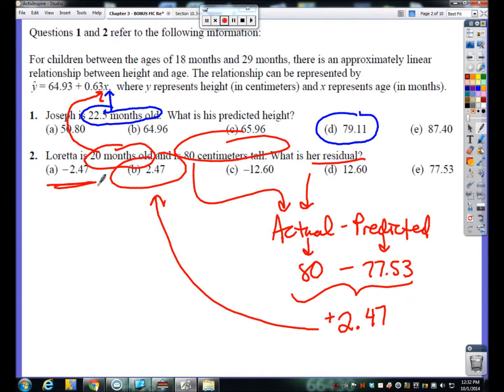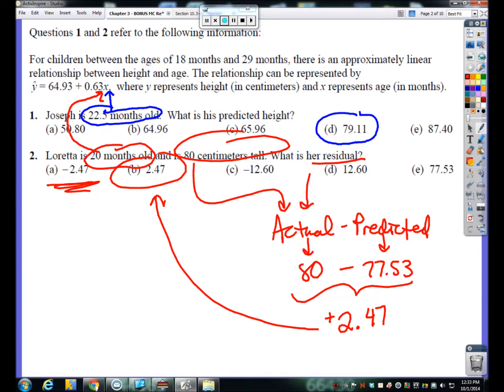Now, keep in mind, we could end up with a negative residual if our actual height was smaller than what we predicted it to be, if we overestimated. So since we have a positive residual, we really underestimated because we thought Loretta was going to be shorter than